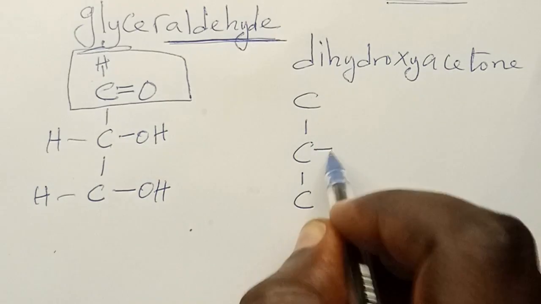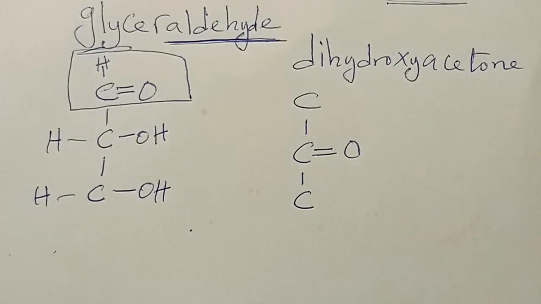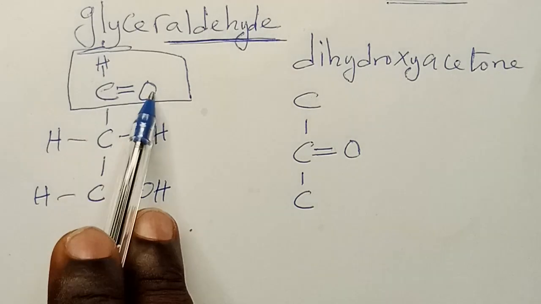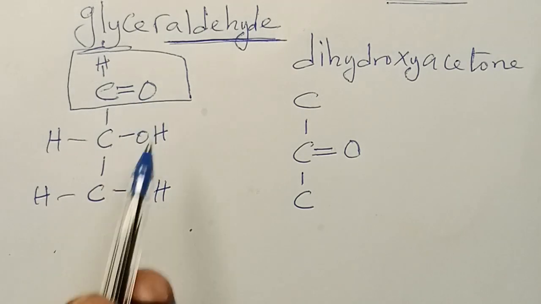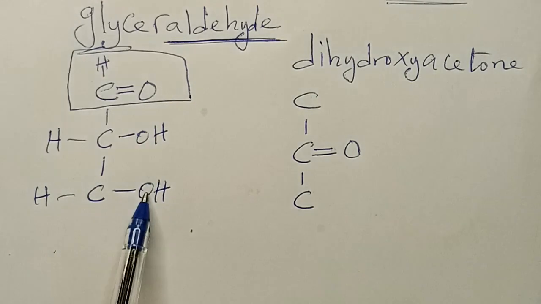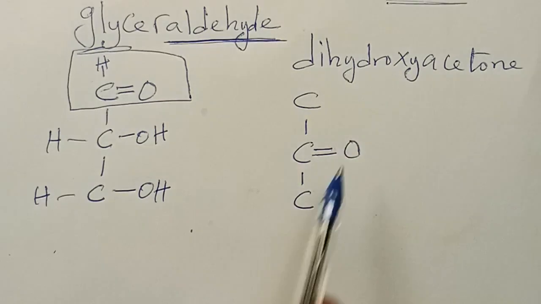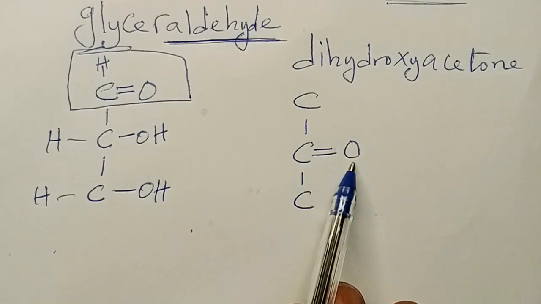Therefore, the central carbon must be bound to O. And of course, once it is bound to O, the remaining carbon is bound to a hydroxy group. As you saw here, once the first carbon was bound to a double bond O, the rest of the groups were hydroxy groups. In this case, for dihydroxyacetone, since this one has already been bound to O, then the